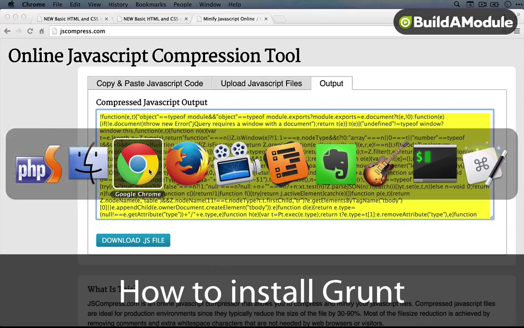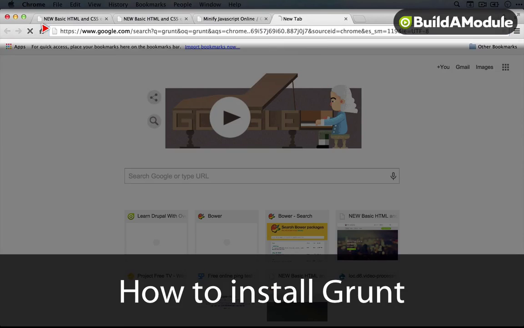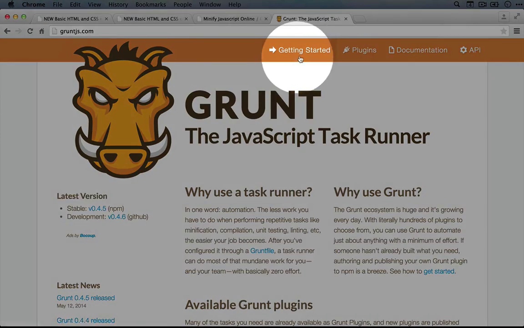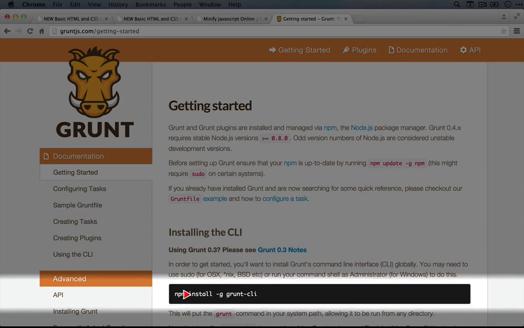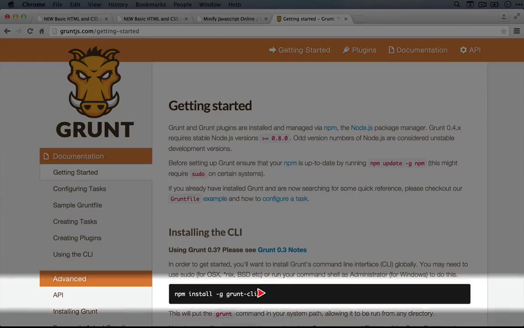So let's jump to the website where we can learn a little bit more about it. I'm just going to do a search for Grunt, gruntjs.com, the JavaScript task runner. I'm going to click on the Getting Started link. So as you can tell from this single command here for installing the Grunt command line interface, or CLI,